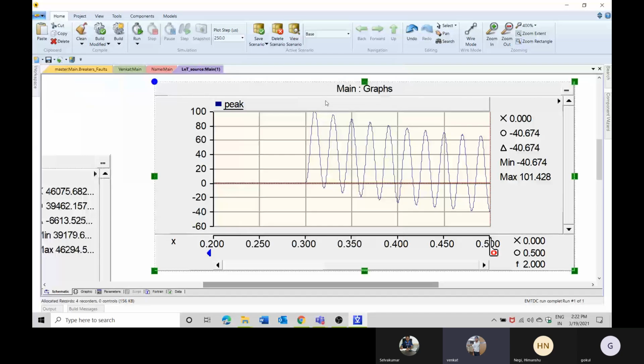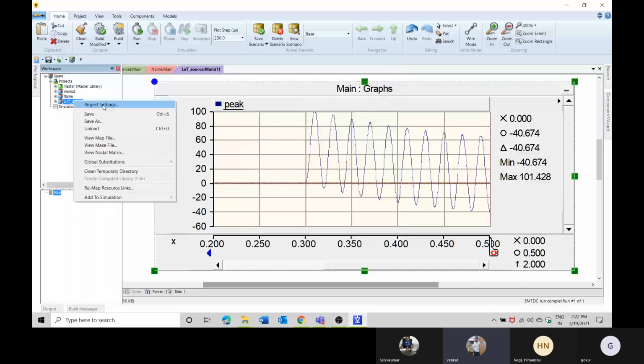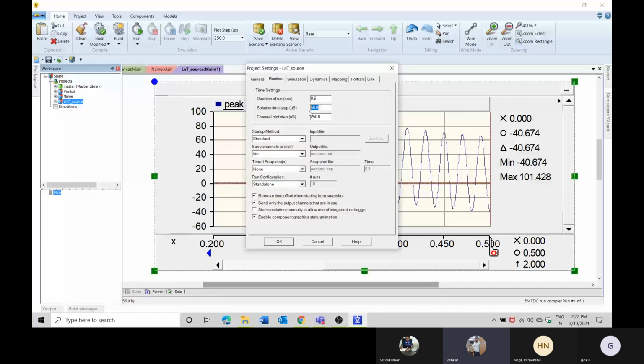But if we keep it as 50 and 50 microseconds, it will take information for each 50 microseconds and plot the information for the 50 microseconds itself. Can you understand this point? Yeah, I understand that, but what I'm asking is, if you put that 50 and another 50, does that affect the result accuracy, or does it not matter?